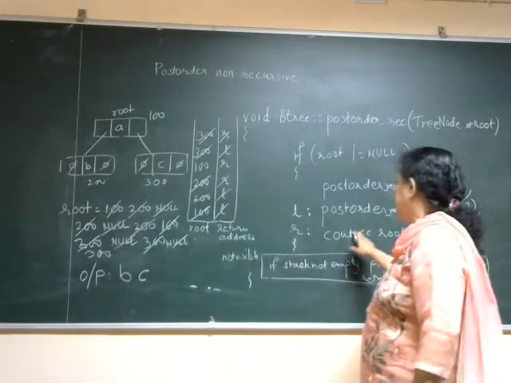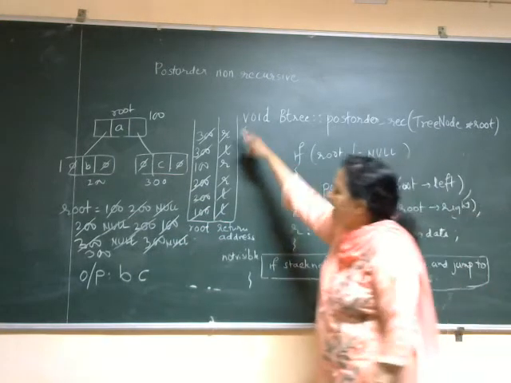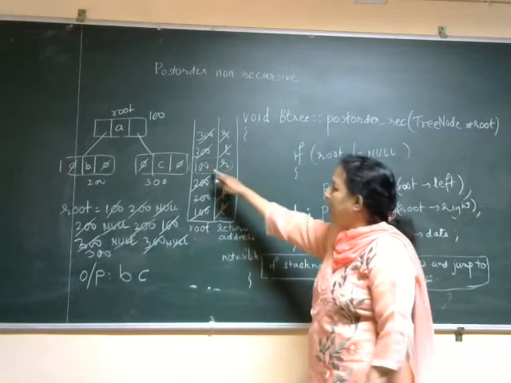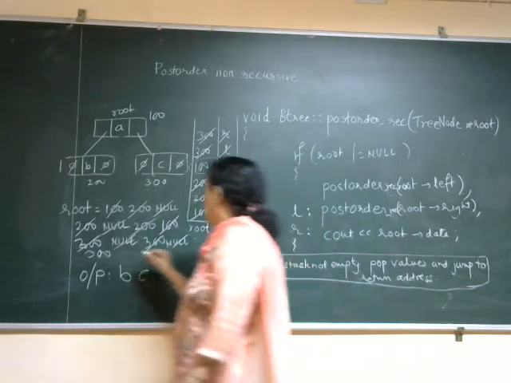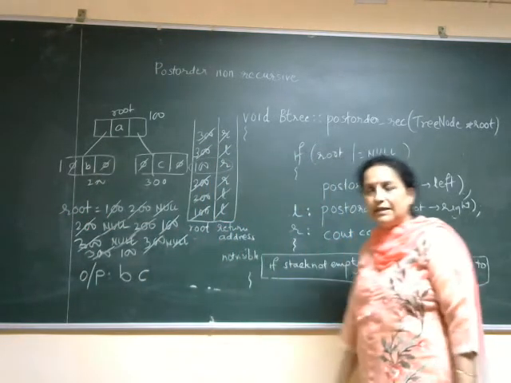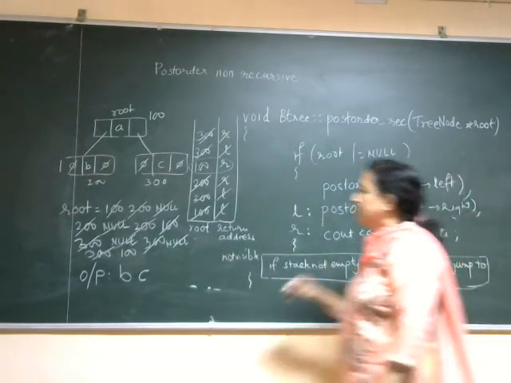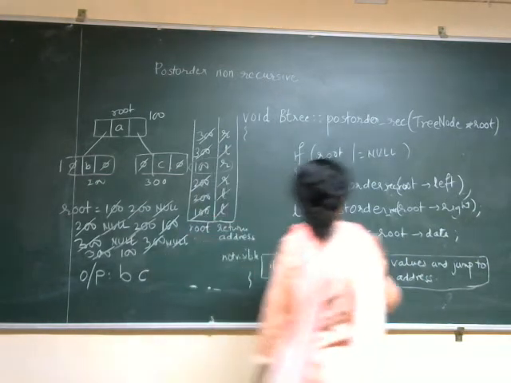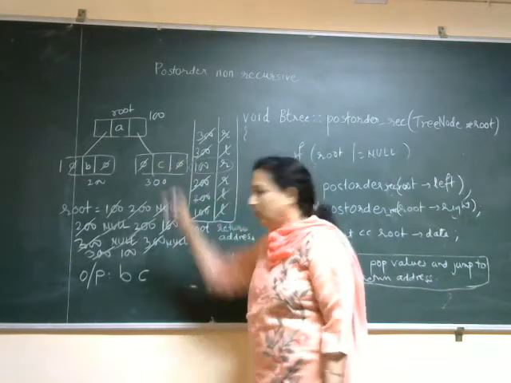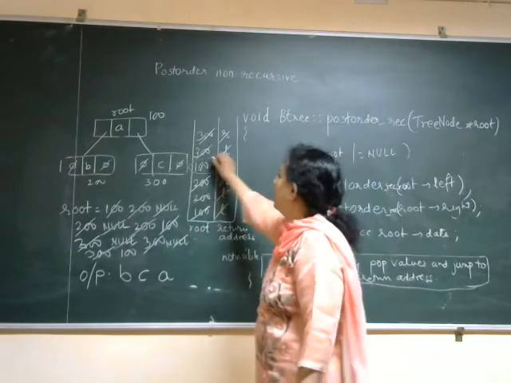Okay. Now after this statement, I should come to this statement. Now stack not empty. Stack is empty? No. There is one value inside stack. So I should pop that value. Okay. So now my root value is 100 and jump to return address. So what is return address? Return address is R. Okay. So I will display 100. See out root pointer data. Now my root is 100. I have to display that data, that is A. Okay. And I have popped this.